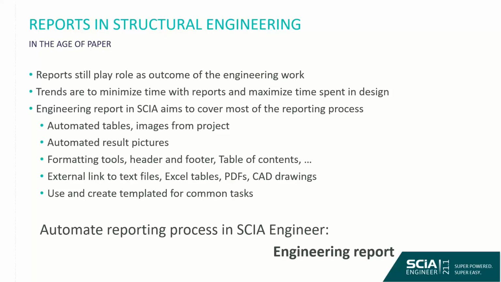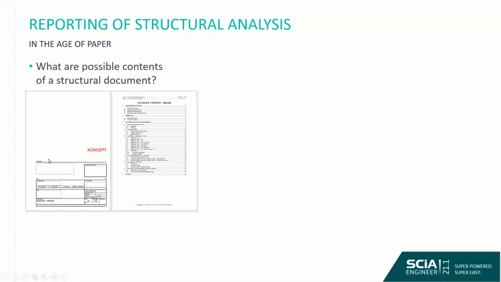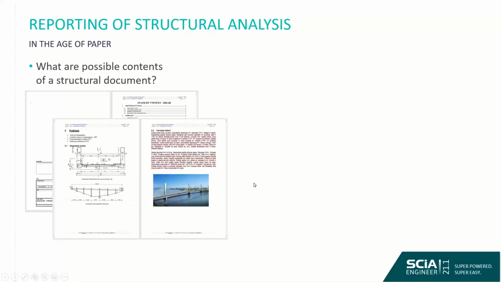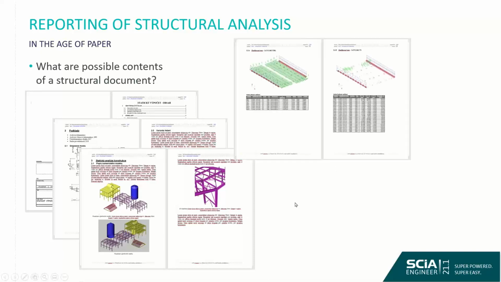So, the automated reporting process in Engineering Report. Let's have a look at what actually is the most common content of a structural document. So we have some pages: the front page with some data, table of contents, some images, chapters, and text. We are going to cover these pages separately in the coming minutes. Some images from the model, some descriptions of load cases,